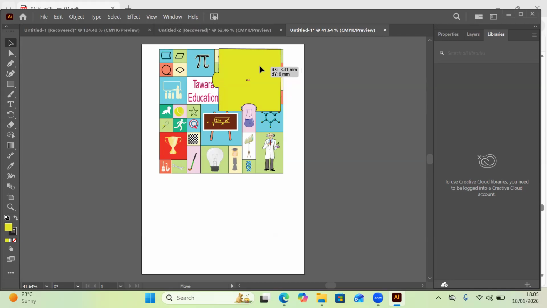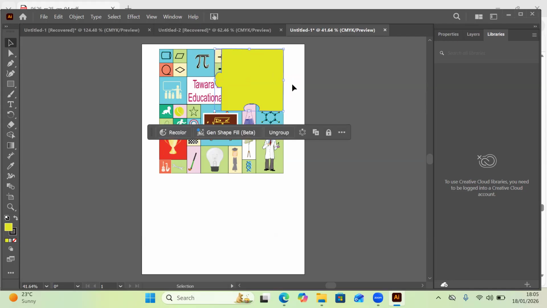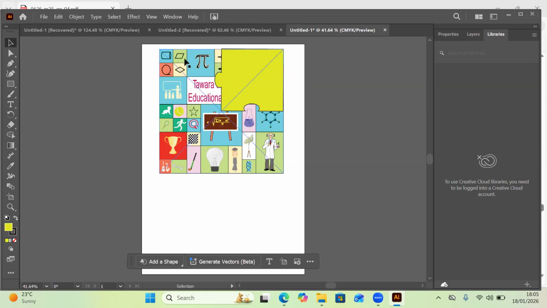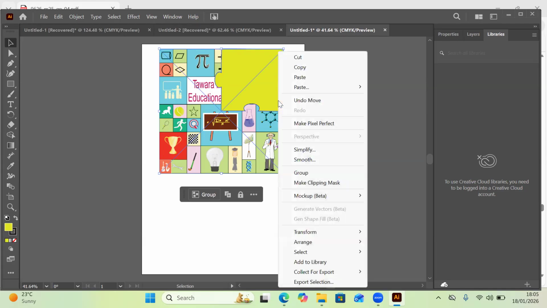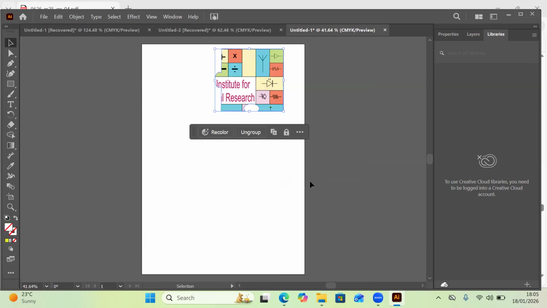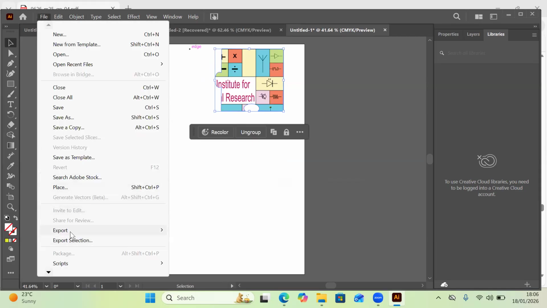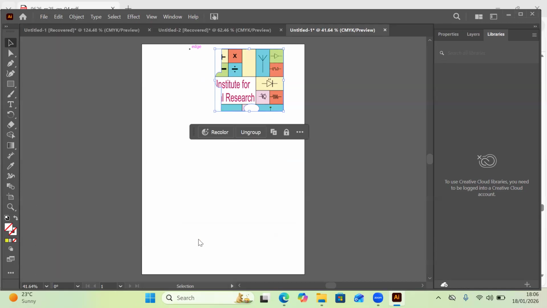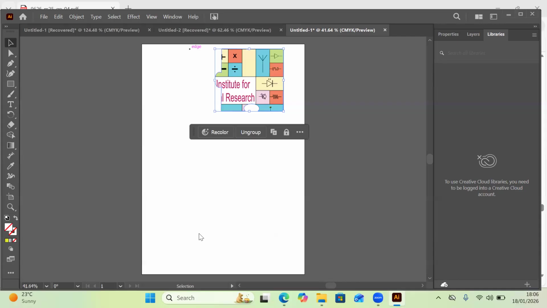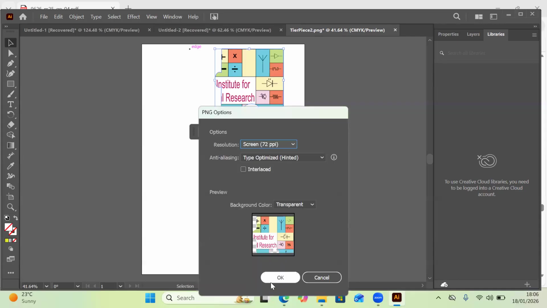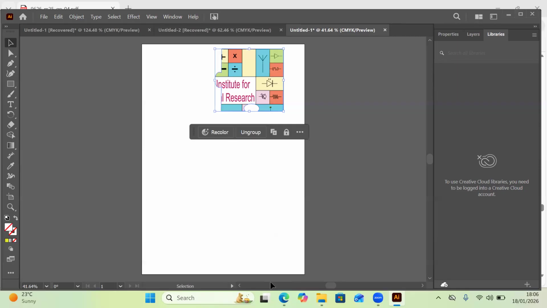Now we make another clipping mask so that we create that other shape. We're highlighting the two, and then we right click, make clipping mask, and then we are going to save this one as well. We use export as, this is piece 2 now, and then we export. Right, now that we have exported,